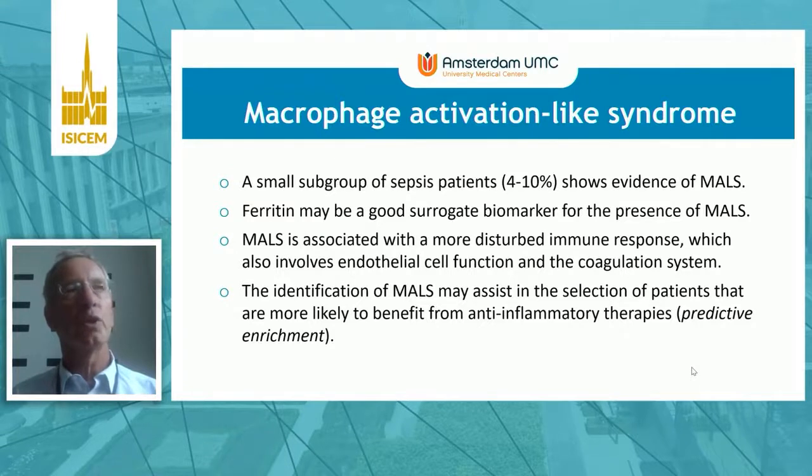MELS is not only associated with enhanced pro-inflammatory cytokine release, but also involves endothelial cell dysfunction and a more extensive coagulation activation. And finally, the identification of this syndrome may assist in the selection of patients that are more likely to benefit from anti-inflammatory therapies such as anakinra, interleukin-1 receptor antagonist, and this is what we call predictive enrichment of study populations